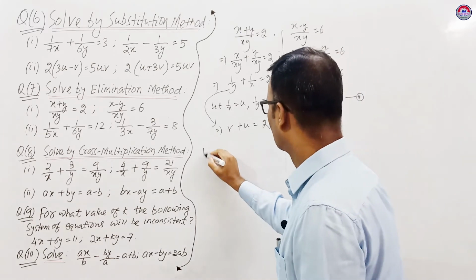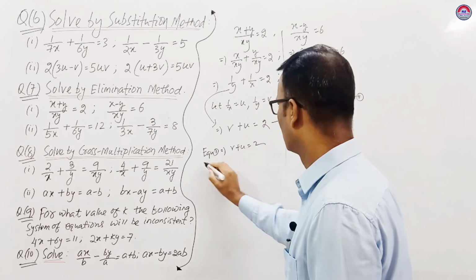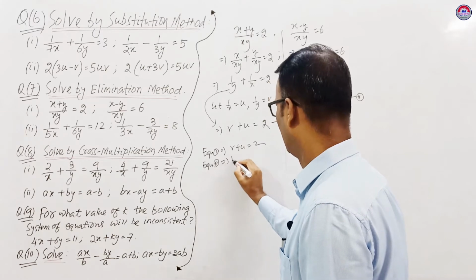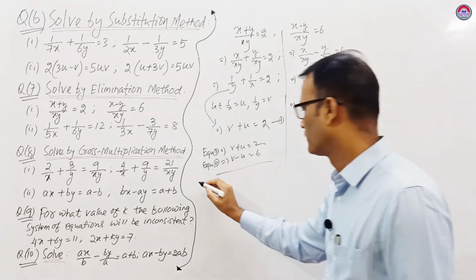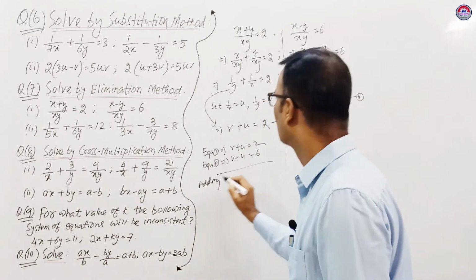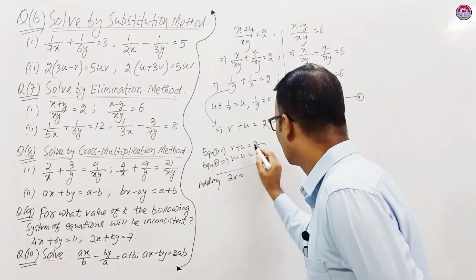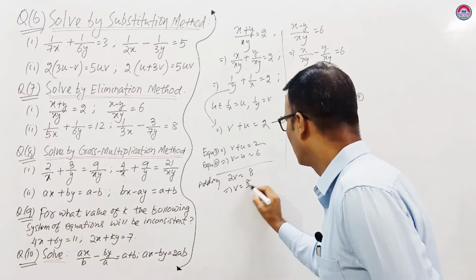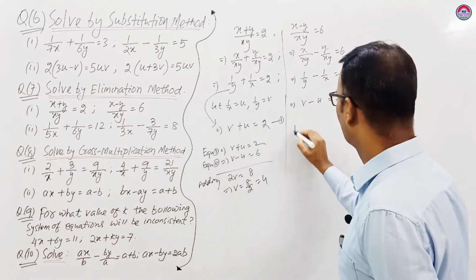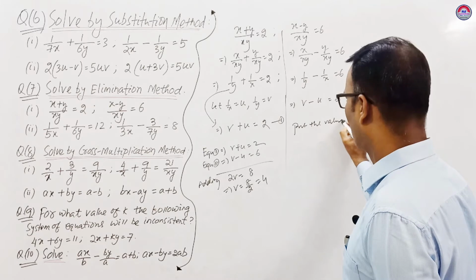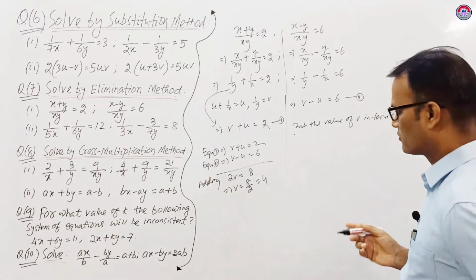You see, solving equation 1, you can write equation 1 is v plus u equal to 2. Equation 2 is v minus u equal to 6. So now you see, this is equal and sign different. So adding we get, oh, this is elimination method. This one, your 2v is equal to 8. That implies v equal to 8 by 2 is equal to 4. If v equal to 4, you can put here, put the value of v in terms of u directly.